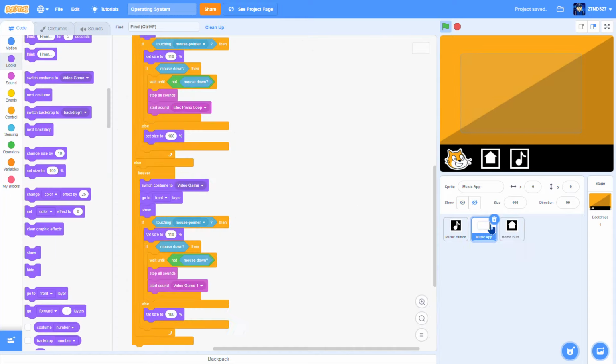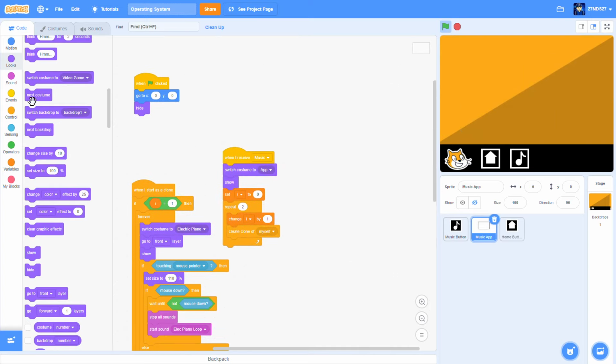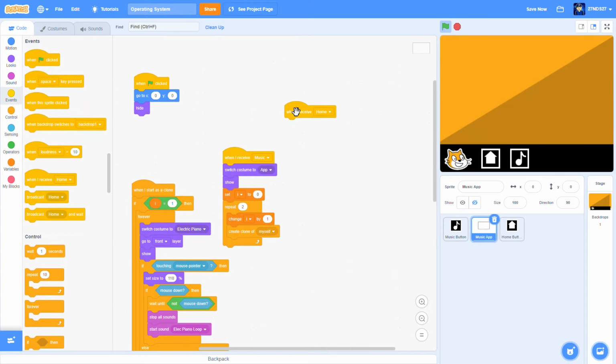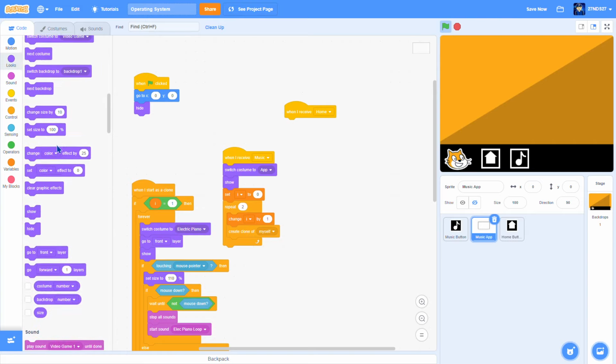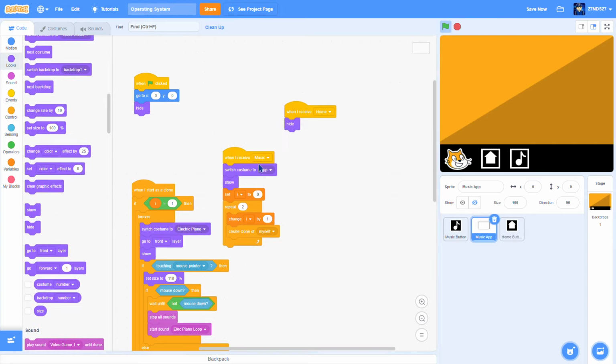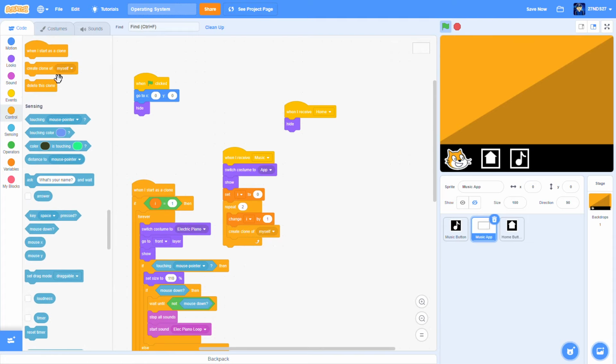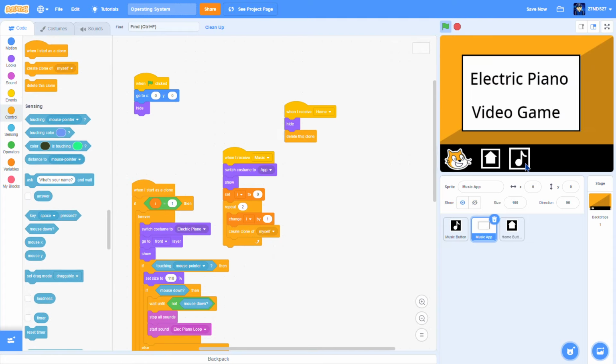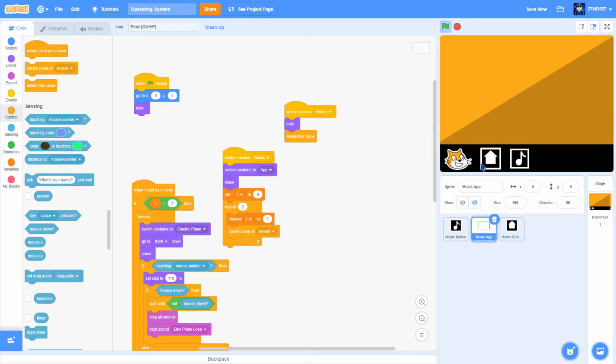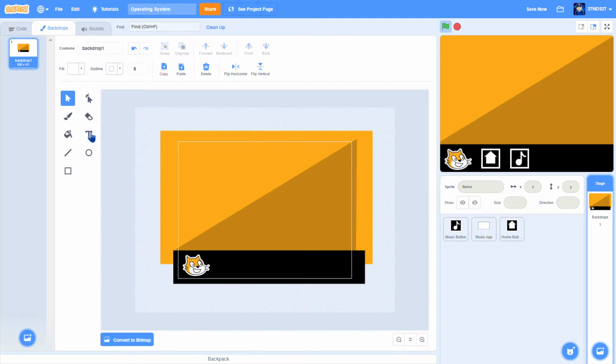But now we must code this so it has whenever I receive home, looks, hide, and then we will have delete this clone. So let's open it up, and they're gone. So we have two little apps, well, one app, and then a home screen. And we can edit our home screen so it has some nice little text on the backdrop. Let's call this one Scratch Cat,